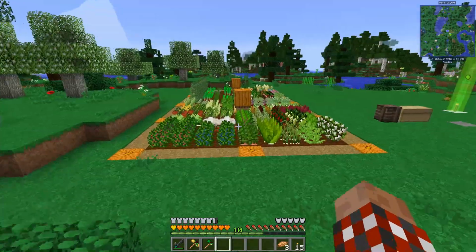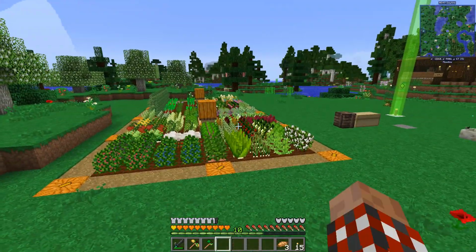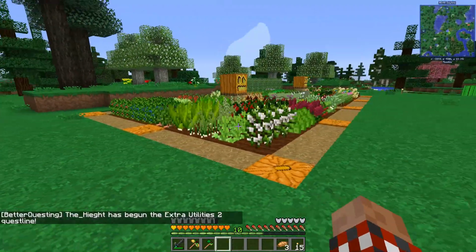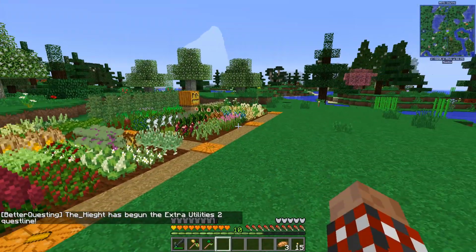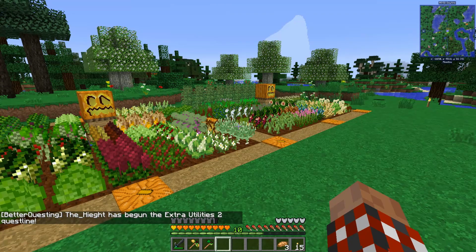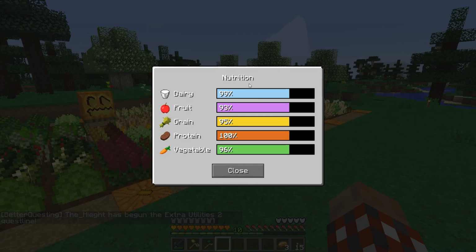Now, one of the things that I'm really happy to have is this garden with lots and lots of different vegetables, which is really handy to have because nutrition is definitely a thing in the pack. So we take a look here. You want to spread out your foods so that you're eating all of the 5 basic food groups, which is